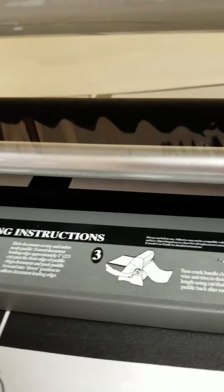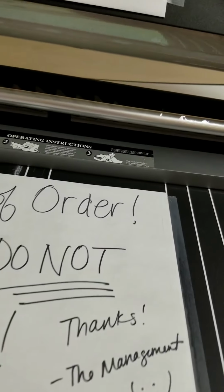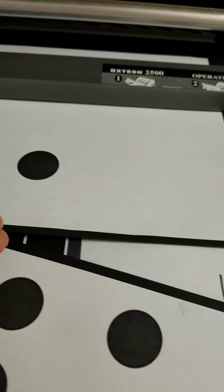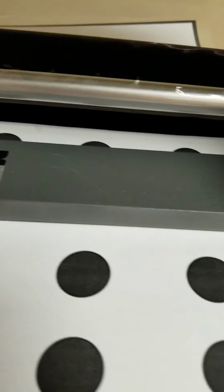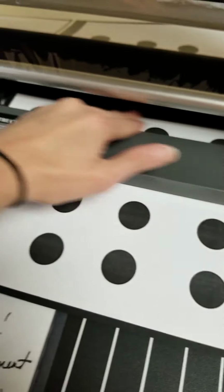Now back on this side, we're going to make sure our paper goes all the way through. We don't want to see any more of that white because we don't want it to overlap with the next batch. I'm going to bring this back up so now I can slide my paper underneath, line it up. You can see where that is there. Press it down so it sticks to the laminate. Slide this under. Give yourself a little bit of space here. Good. And then we're going to crank it again